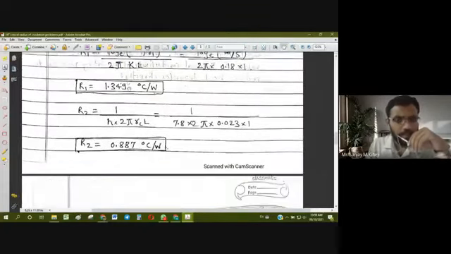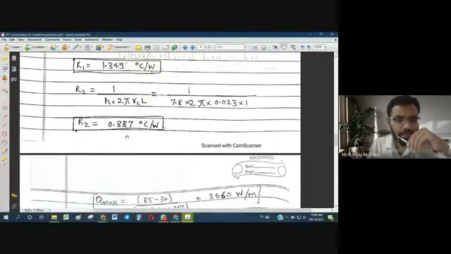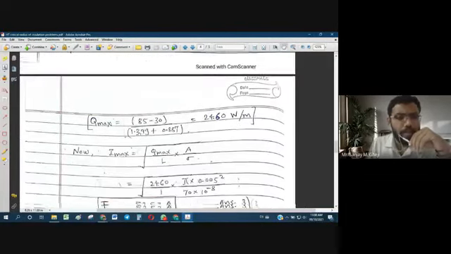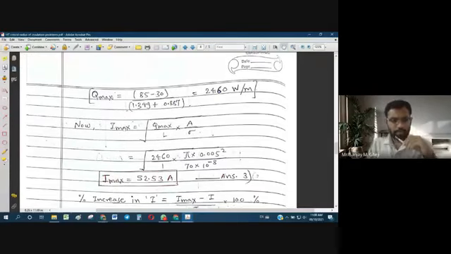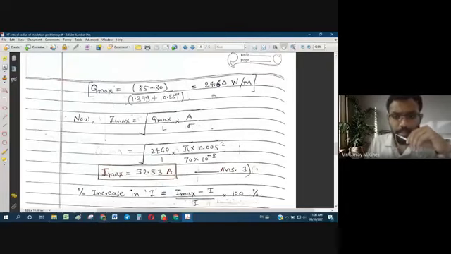You can compare these values to the earlier ones. For that we have to go back a couple of pages, which you can do once I share this PDF. We can compare those values to the earlier case. Then you can certainly get the idea of what change occurs when you add insulation of critical thickness. So Q max is obtained as 24.6 watt per meter.